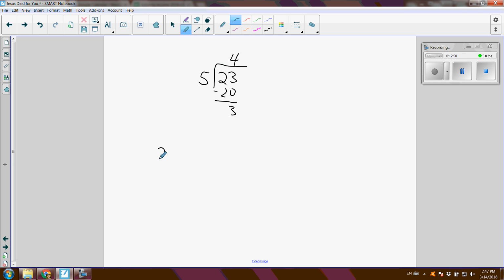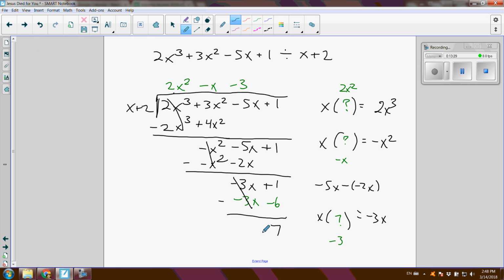Look at it this way. 23 divided by 5 could also be written this way: the 4 is 20 divided by 5, and we have 3/5 more than that. So it's 4 and 3/5. This remainder 3 is the numerator over the divisor, 3/5 of another whole. So in the polynomial division, we take that remainder 7